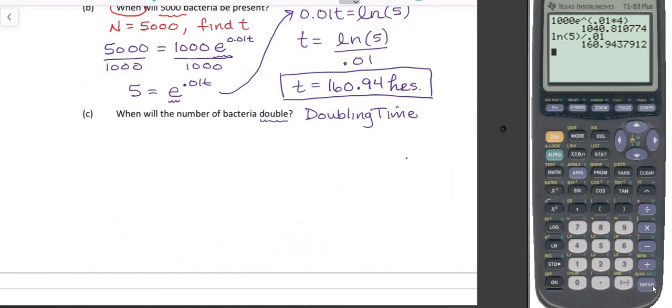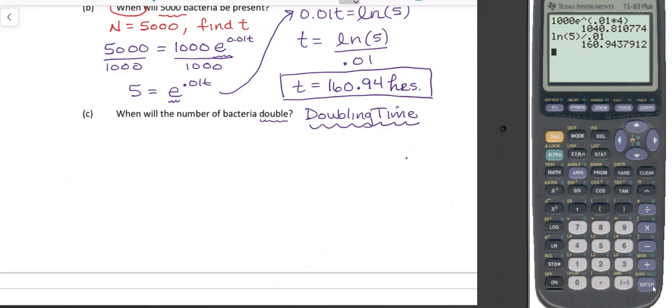And doubling time is something we're usually interested in with exponential growth. So we want to find out how long it takes the initial amount to double. Now, doubling time is constant for any particular function. So what that means is it does not matter how much we start with or what that initial value is